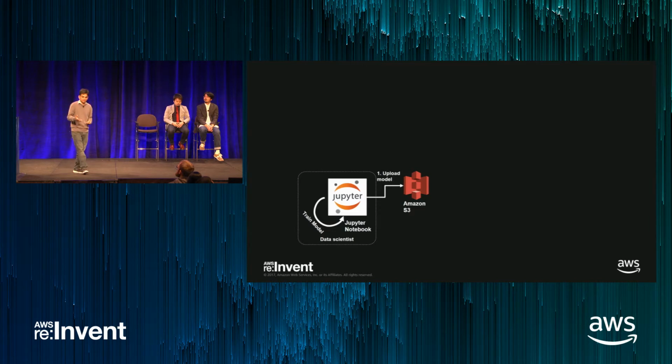Amazon has published AMIs that you can just click, and it comes up with a Jupyter Notebook, so you do not have to install it. But that's where I live. And I might be uploading my models, which is basically the templates that get generated, into Amazon S3, which is a durable, scalable data store,